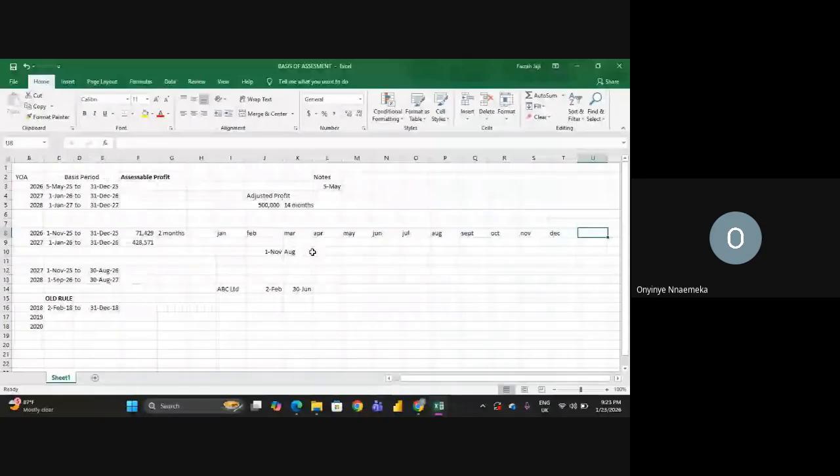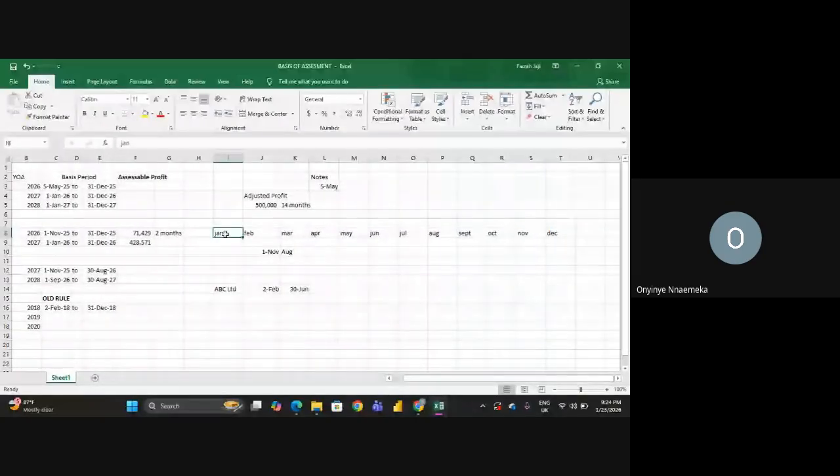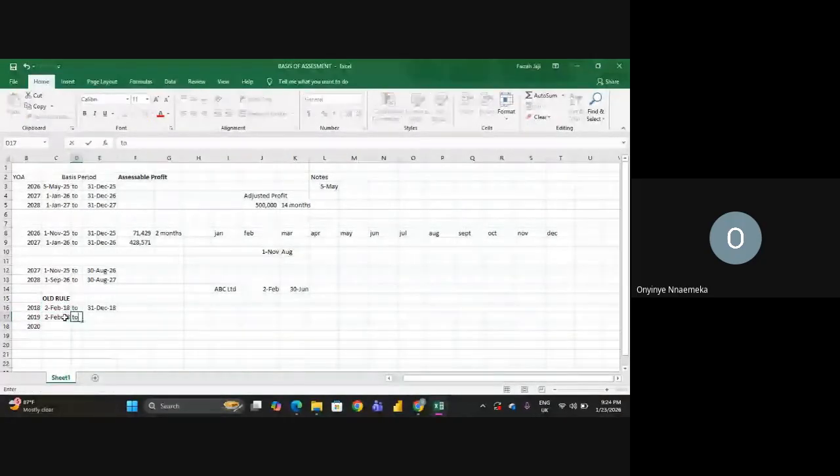Please, the 12 months end at what? January. So it means that following the second rule, which says date of commencement to 12 calendar months, the date of commencement is the same thing as this one. Let's copy and paste. To 12 calendar months to now be what? 31st of